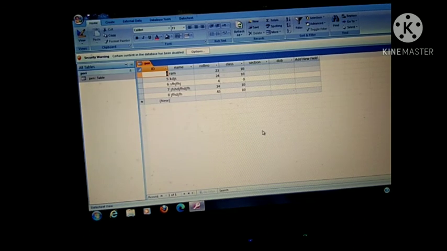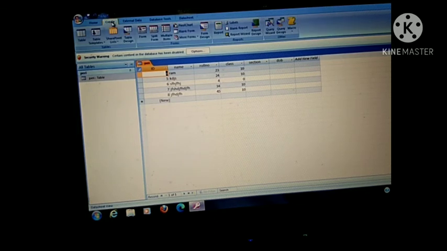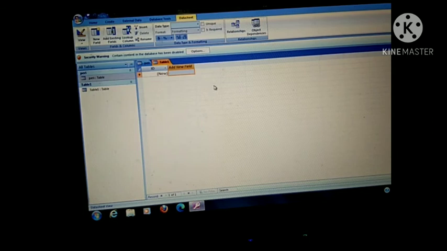So what we have learned about how we can create database, how we can create table. So for creating table, first, in front of you, here create table option is there. When you are clicking on this, in this tables group, you will find this table option. When you are clicking on this one, here your one window will appear.